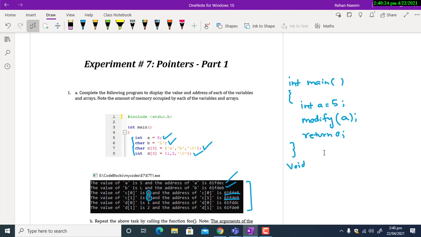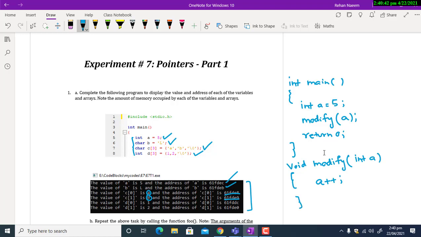And the function is defined over here, void modify, integer a, a plus plus.